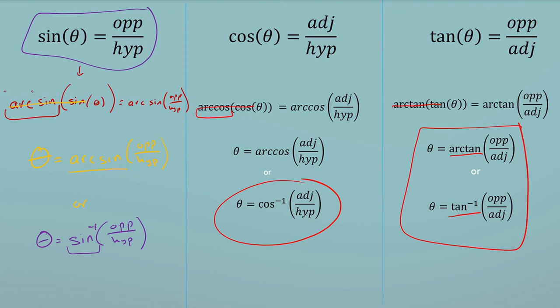So the inverse part we have to remember is, if we want theta, if we want the interior angle, then we are going to take the arc of whatever the trig function is, right? And so the way we identify which trig function we need still